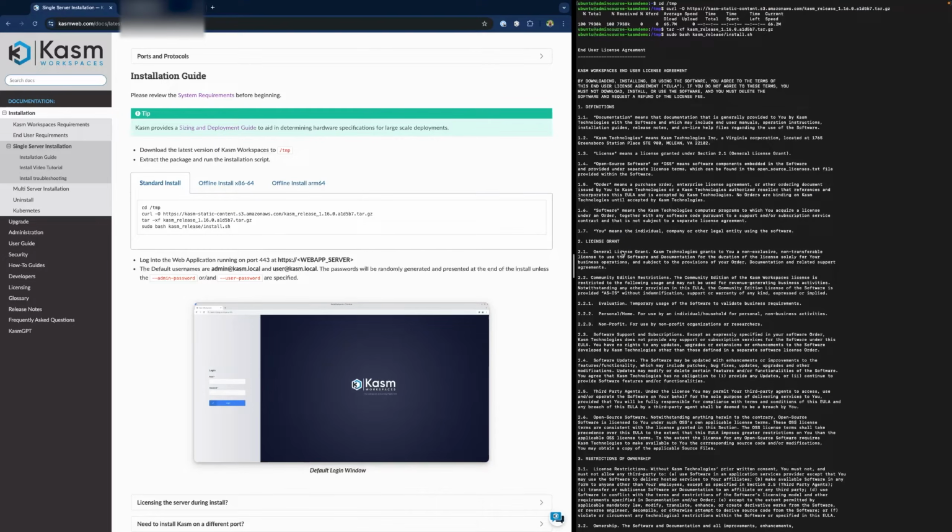Up first, for the server install, in the interest of saving some time as part of this training video, I've already gone ahead and stood up my Ubuntu server and run the install sequence ahead of time. All I did was go to our documentation for single server install and copy and paste these commands into my terminal session over here on the right. So I changed into the temp directory, ran my curl command, untarred the file, and then ran the install script.